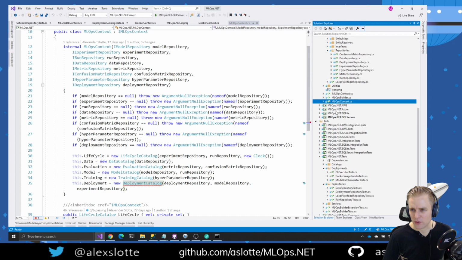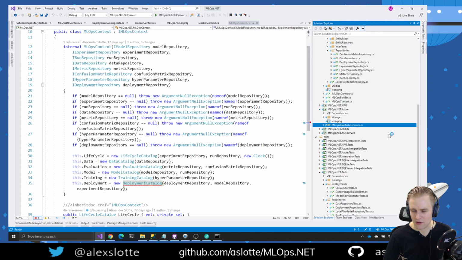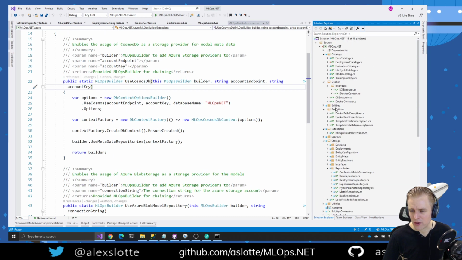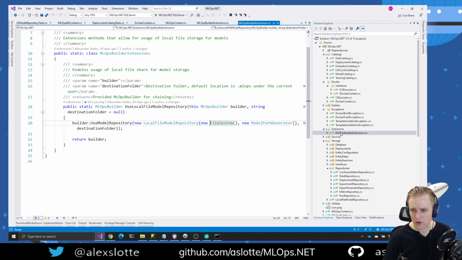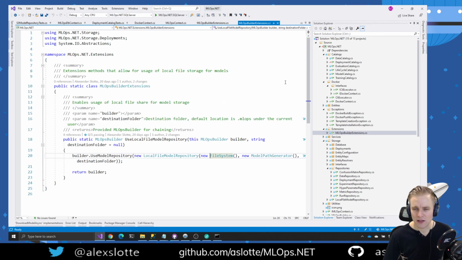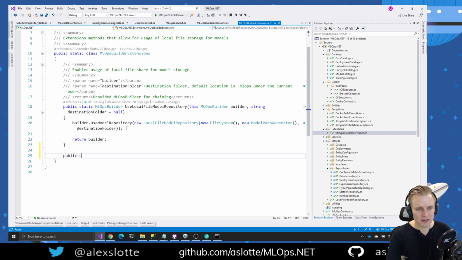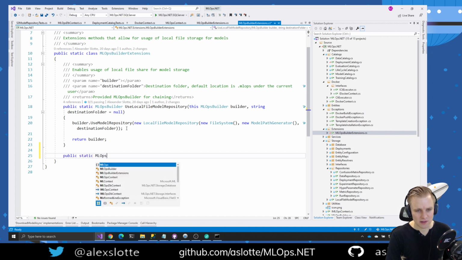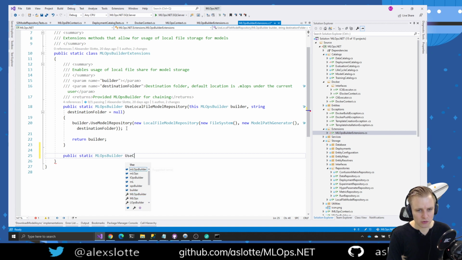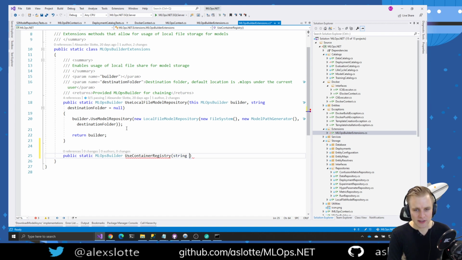Go ahead and create an extension method for this, and we can just copy this one, but I think we may have one already. Yeah, we already have an MLOS build extension here in the main library for local file repository. So what we want to do here is create a new extension method on the builder, and I thought we can call it UseContainerRegistry, which is like one you can put if you say, okay, I want to use containers, so we'll have to use a container registry here. And things we need here is username,